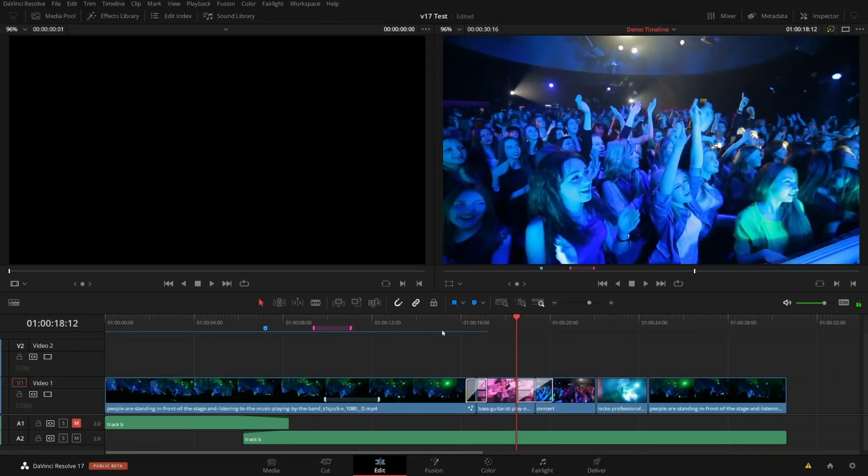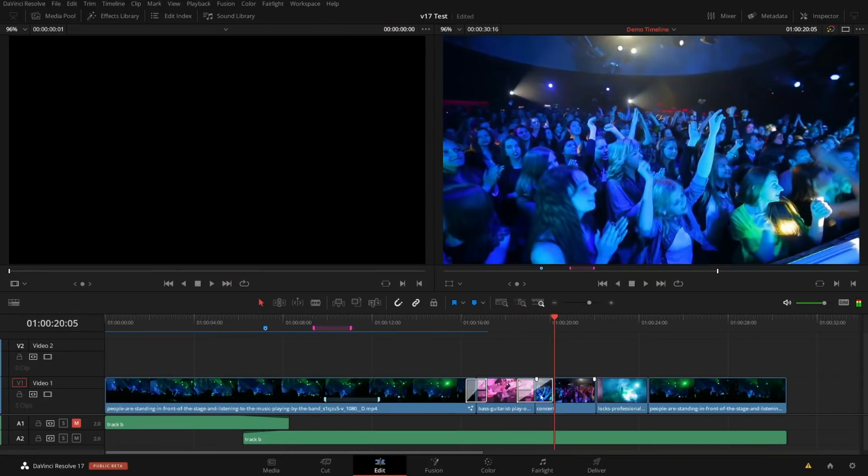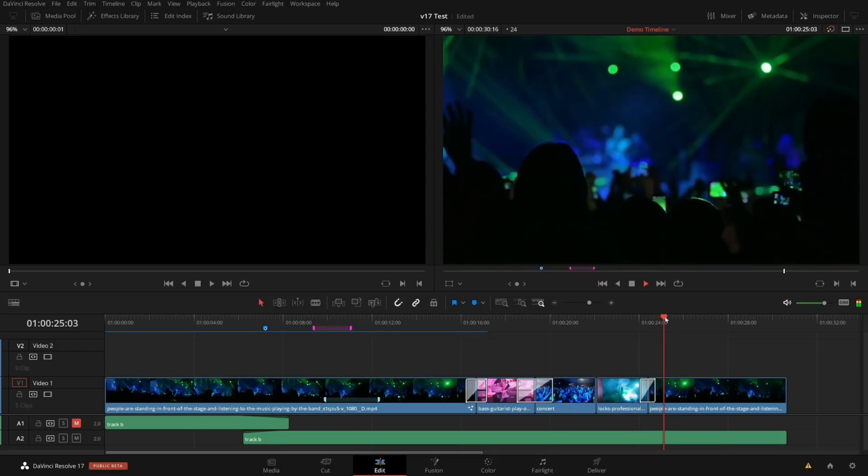I can go back to the edit page. Here I have it on the edit page, and now I can copy this transition to any other place, for example like this, and maybe make it super short, and still I have now with a different duration the transition directly applied. So you see, it's not necessarily about a revolutionary new Fusion tool.